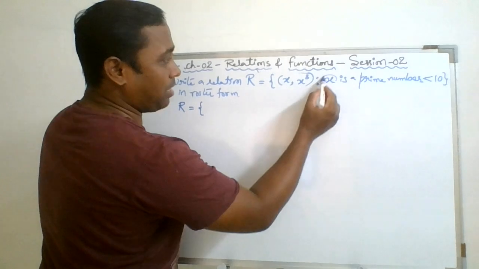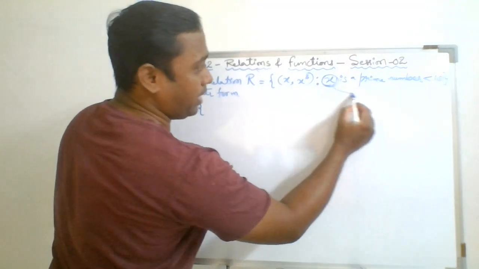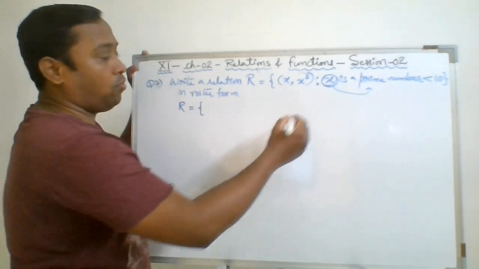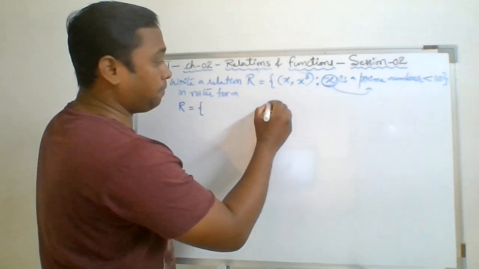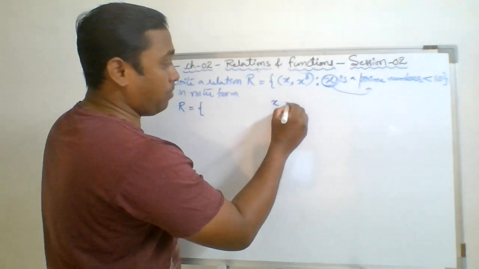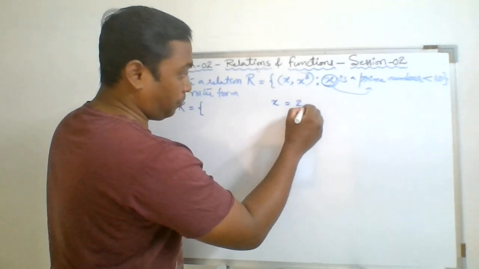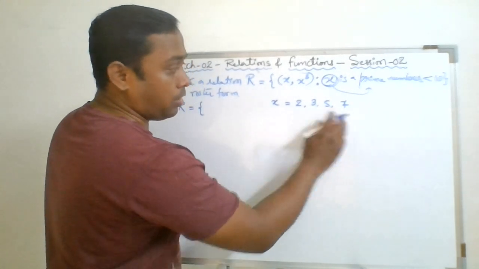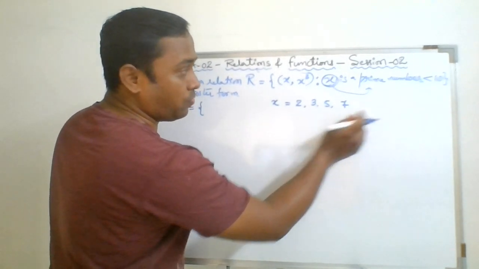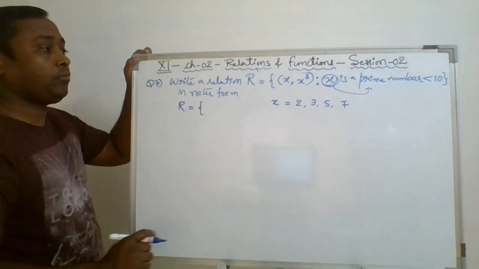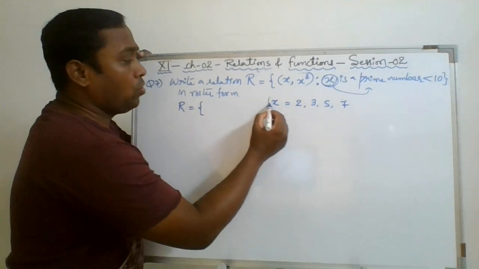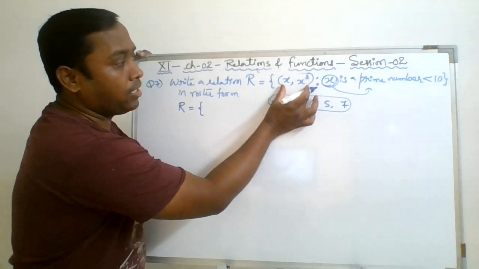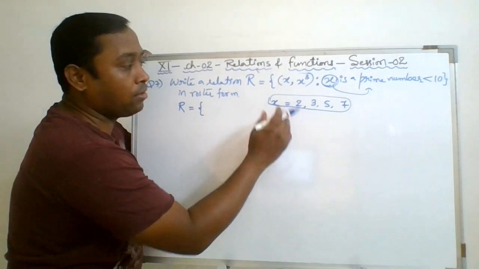First we need to identify what x is. So x is basically a prime number which is less than 10. So what are the possible values of x? Here x may be 2, 3, 5 or 7. Nothing else. These are the prime numbers which are less than 10. Now, once you know the values of x, just substitute them in this ordered pair to get the answers one after the other.